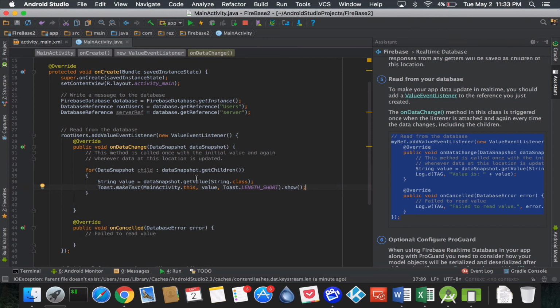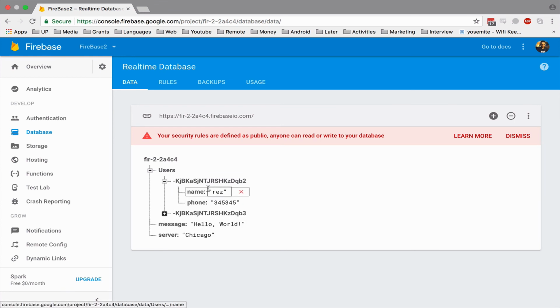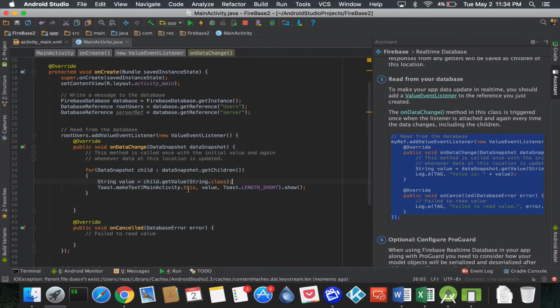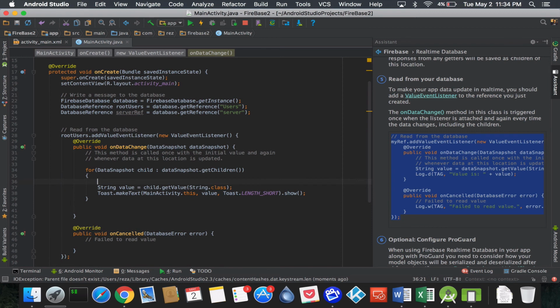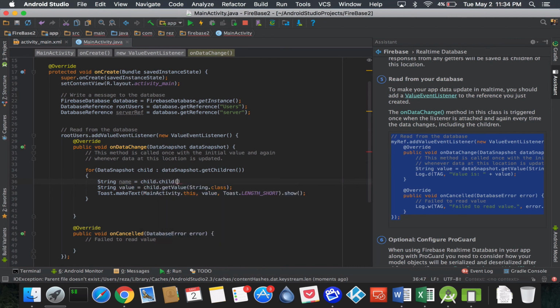So for each of my children, this time I'm going to remove this and put child, right? Because otherwise it was our root. Get the value and toast that value. Oh, actually, sorry. So we get our child, we're going to get this. If we toast that value, the value is going to be weird. Now we need to get the name and the phone, right? So we got our child. I'm going to do string name equals child dot we're going to get its child called name